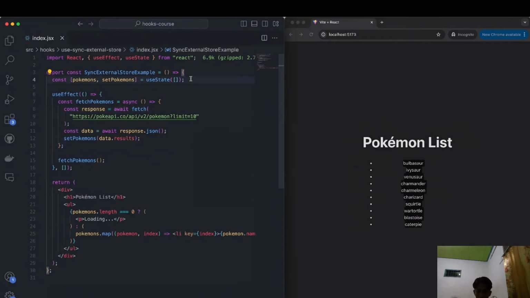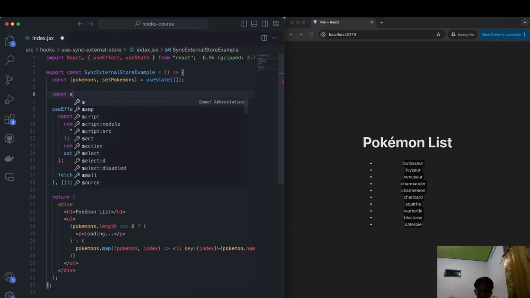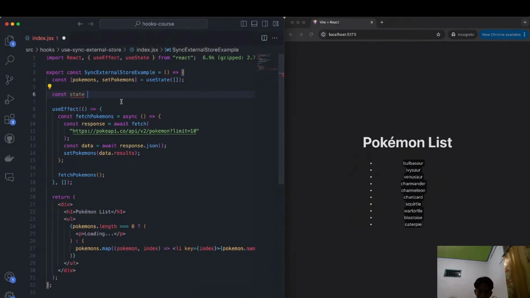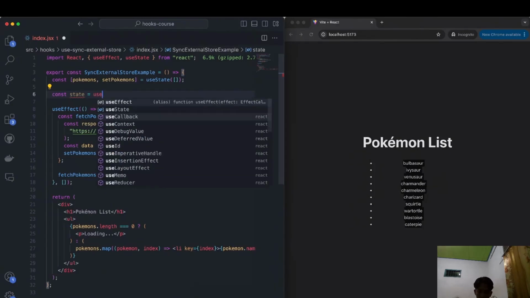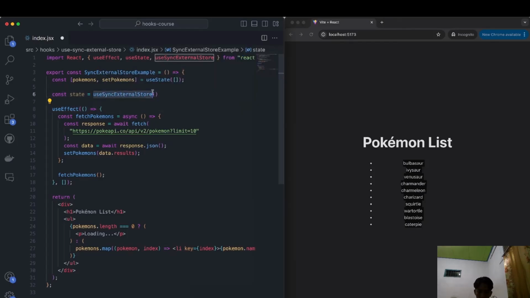Now, the use sync external store hook looks like this. You'll create a variable called state, and we're not currently implementing it in this example. I just want to show how the hook actually looks. We'll create a variable called state and set it equal to the use sync external store. And then to this hook, you need to pass technically two things, but you can also optionally add a third thing. The things you need to add are, first, a subscribe function. So we'll have to create that, which will